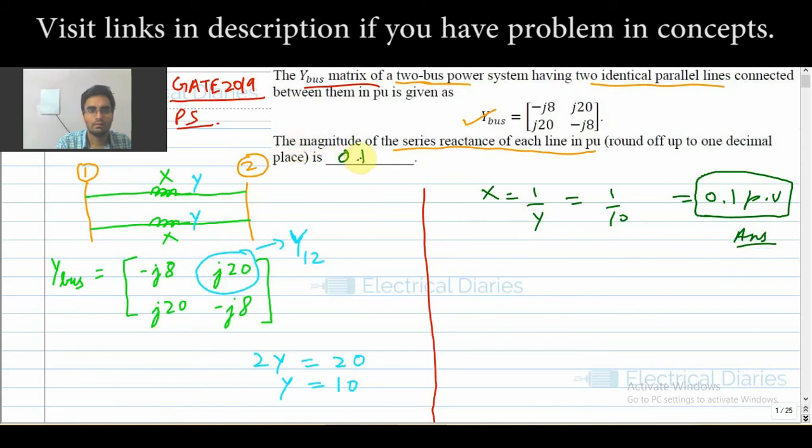Now one of the confusions that you can have in this question is, are they given in per unit? Yes, they are given in per unit. The silliest confusion you can have is about the admittances. When 2 admittances are in parallel, we add them. That is why our 2y will be equal to 20. For reactances you do it as in the case of 2 parallel impedances, but in the admittance case you have to do it in this fashion.